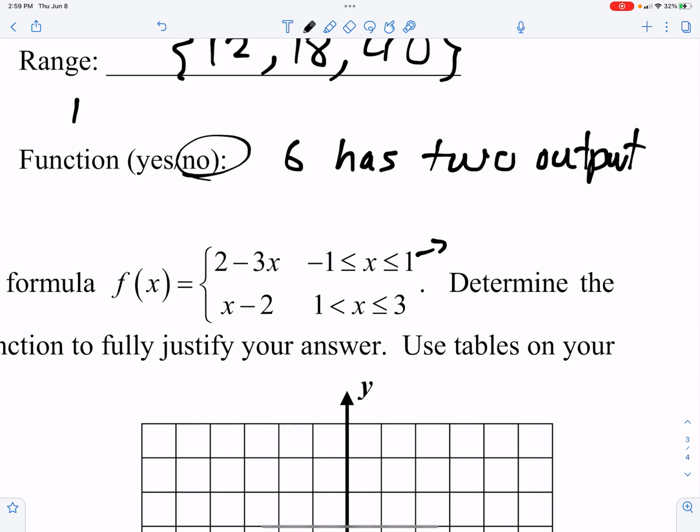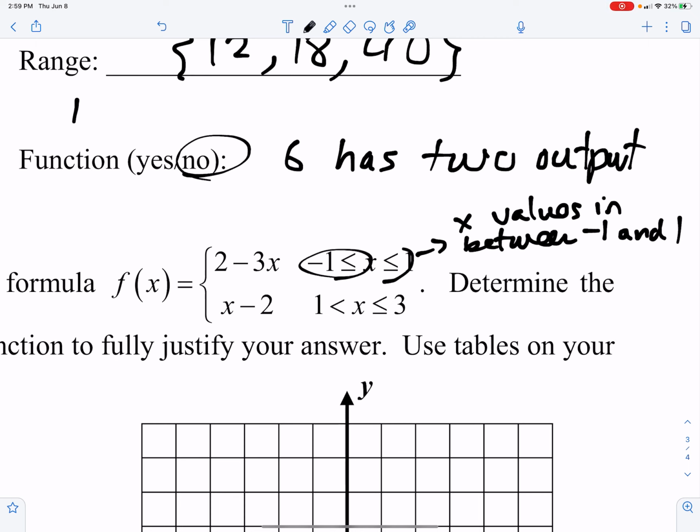So this means x values in between negative 1 and 1. Okay, so to be greater than negative 1 but less than 1, it means you're in between negative 1 and 1. And then you're going to use this part of the function, x minus 2, for all x values that are